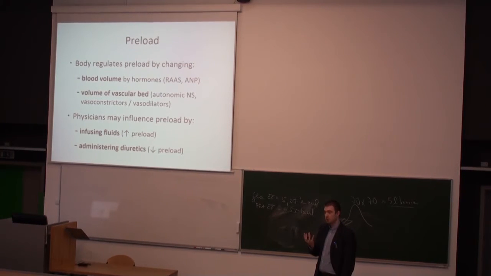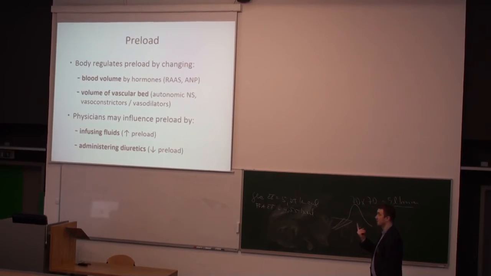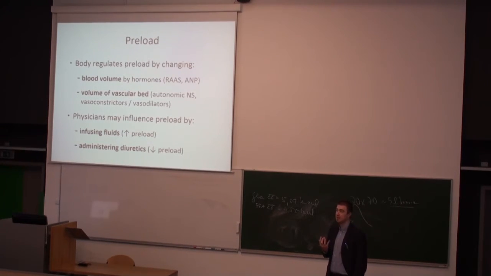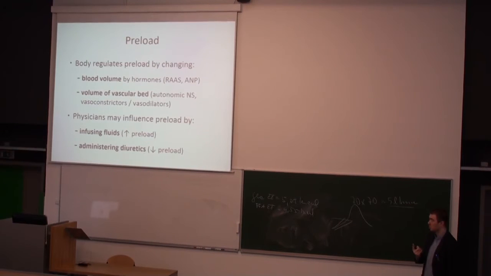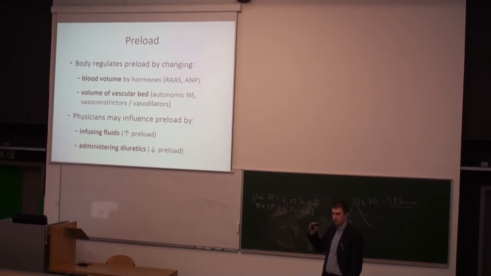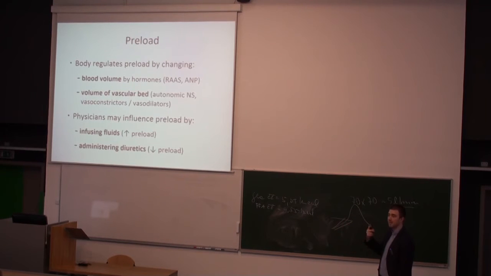Simply, this constriction will force more blood coming inside the heart. So one way how the heart can increase the preload is by constricting the circulation, therefore forcing more blood coming inside. And as you know, this constriction can be very effective. If you have blood loss beneath 1 liter, the constriction of the vascular bed is able to compensate it.